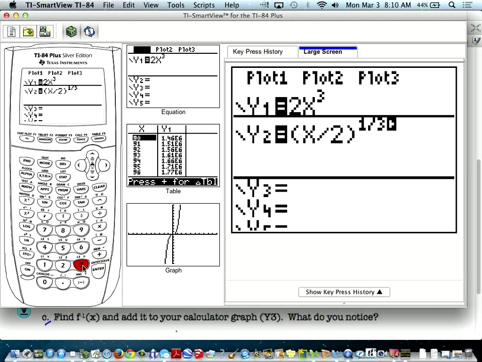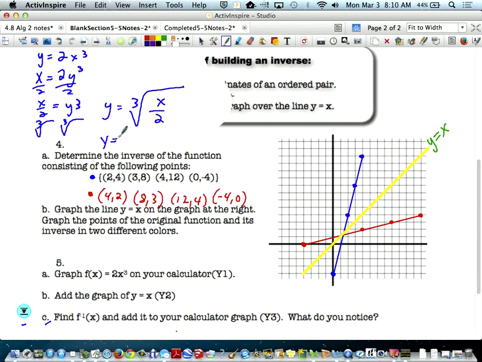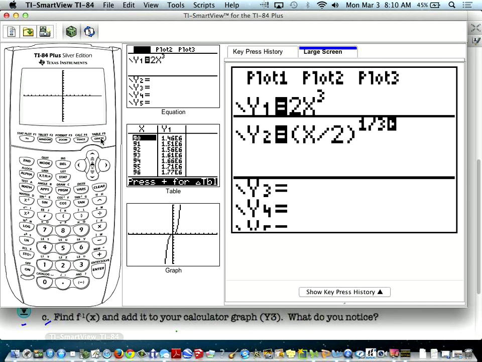If some of you hit the caret symbol, the raised to, and it doesn't do anything, make sure you put parentheses around 1/3. So some of you may have to type it in as y equals x divided by 2 caret parentheses 1 divided by 3. Anyway, when we go to graph this,